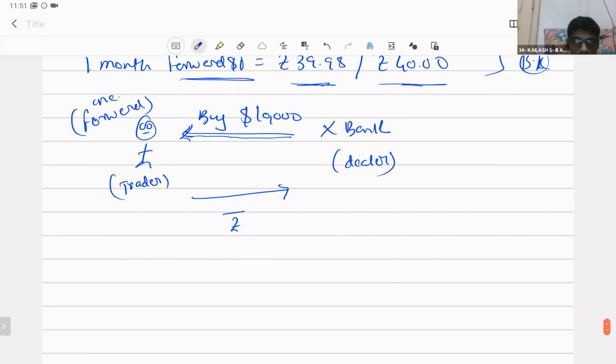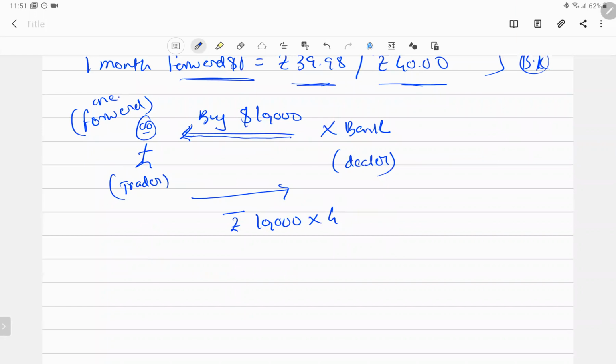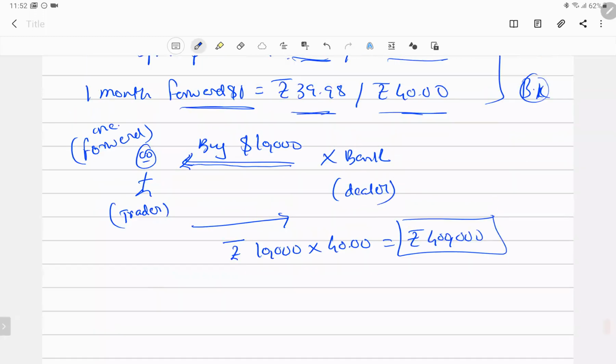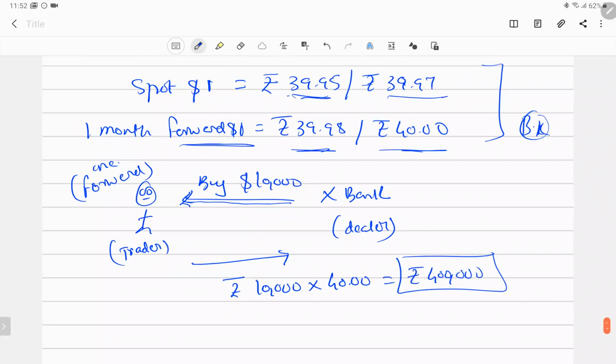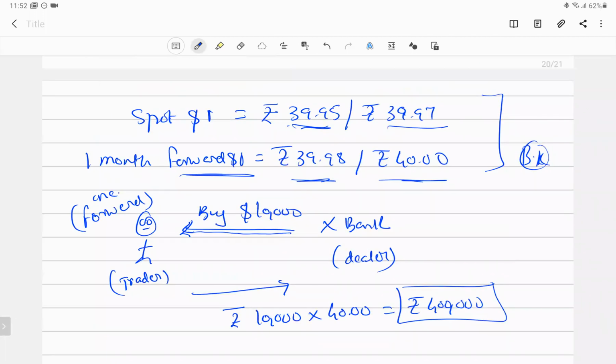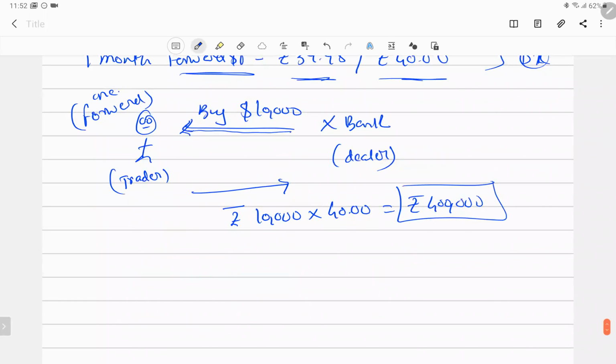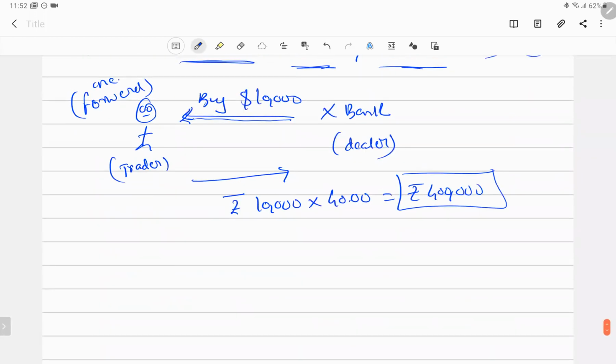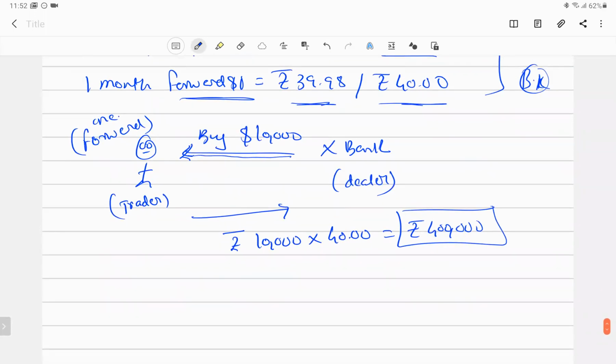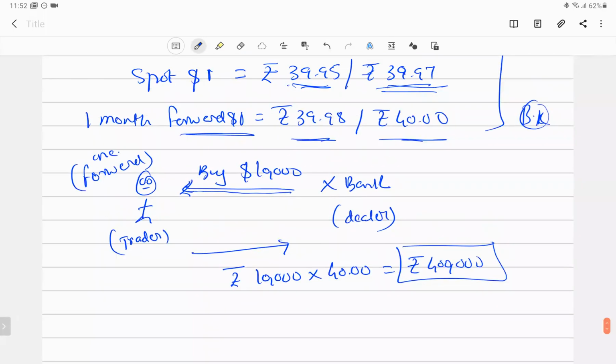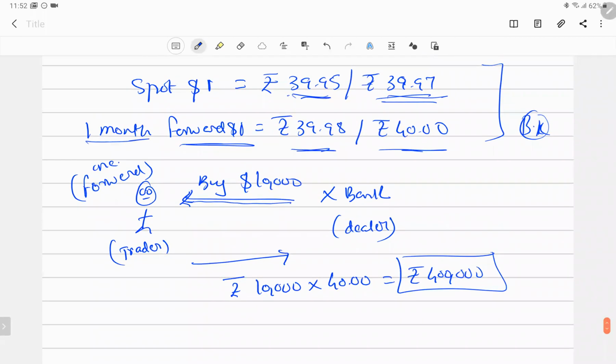So how much in rupees do we have to pay to buy $10,000? 4 lakhs, sir. It's very simple: 10,000 into 40. People forget. So we have to pay the banker 4 lakh. These are things I can't repeat when we deal with derivatives. Once again, you need a strong grasp of the conversion part. So the bank will be paying him the $10,000. Both the currencies will be delivered after 1 month, because 1 month is the forward.